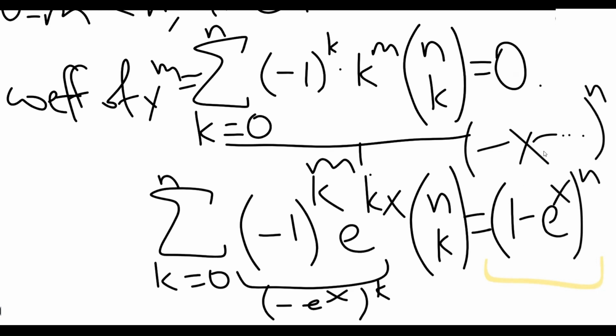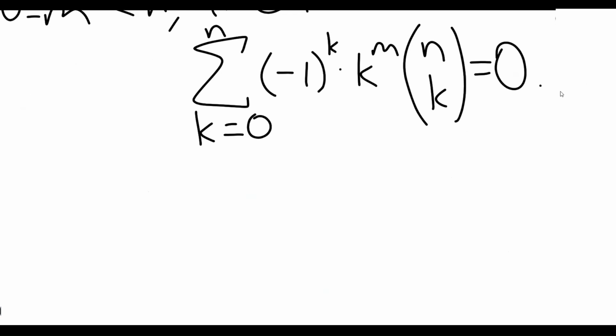Now there's another, you could say, one-line proof of this. So k to the m is a polynomial in k. So what I'm basically doing is taking some values of some polynomial, here x to the m, and I'm subtracting repeatedly. So this is actually the nth